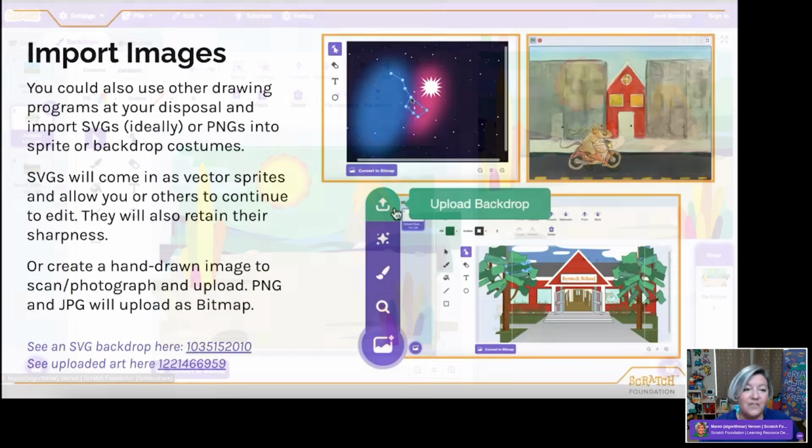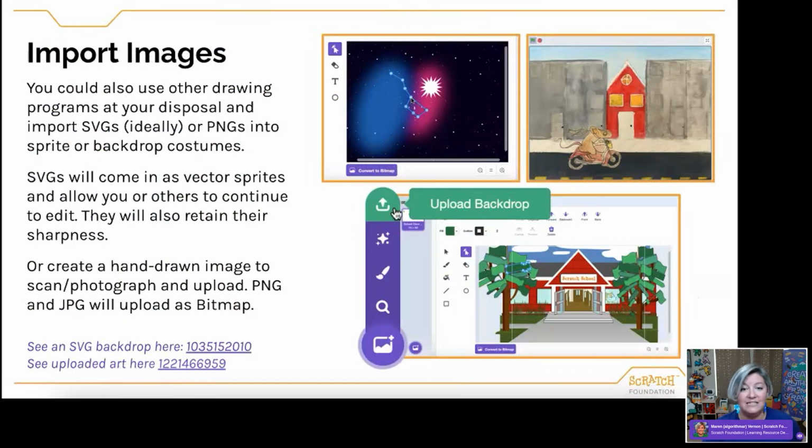Another way that you can create is to import images. So, say that you've got drawings, other drawing programs at your disposal, like Illustrator, Vector Ink, Pixel Art, just to name a few. Where you can create ideally SVGs, which are vector images that you could import here into Scratch.